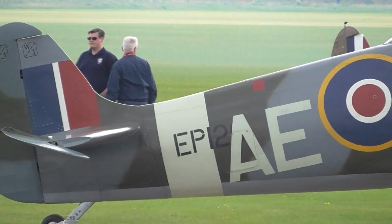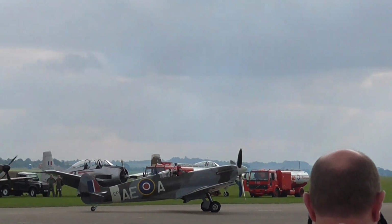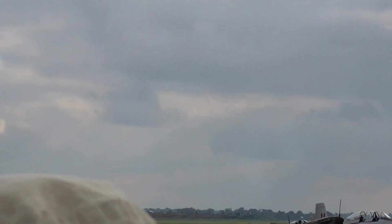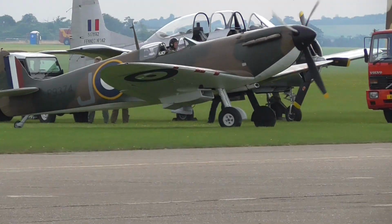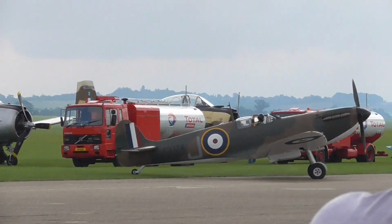US naval fighters, all American designed and built aeroplanes, all rather different in appearance. The inverted gull wing configuration of the Corsair, very apparent indeed. That's due to the need to incorporate